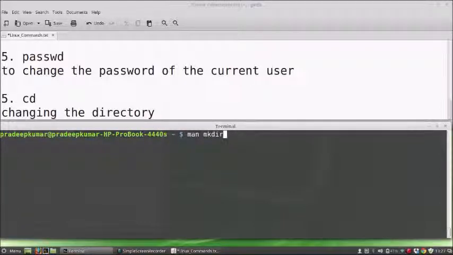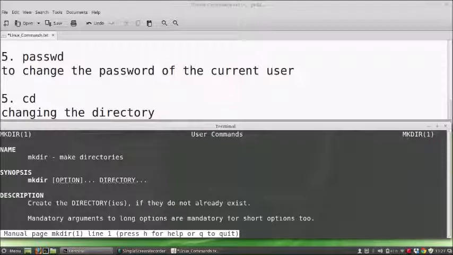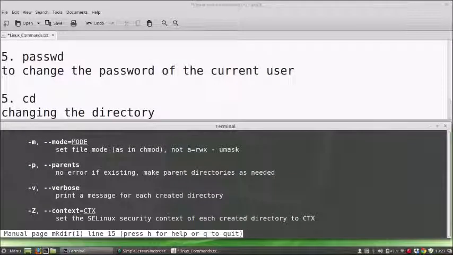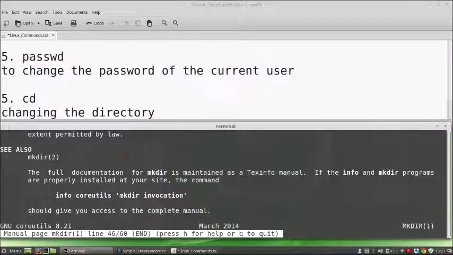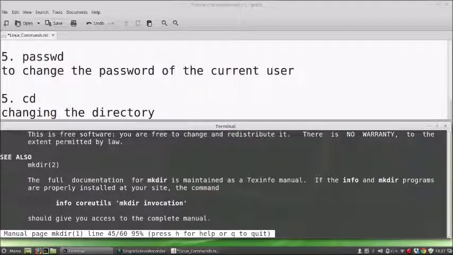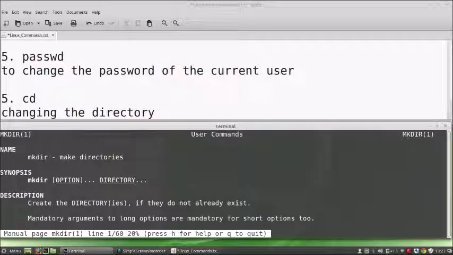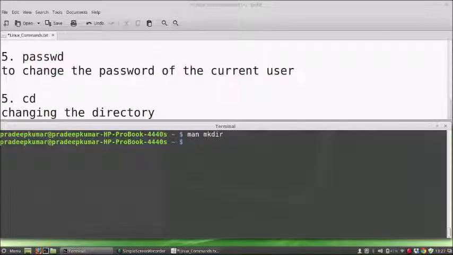When I run it, it will tell you how to use this command: the name of the command, the different options for the command, who has written it, and everything is shown in the manual. By default, every Linux operating system comes with a manual. If you want to quit this, press Q, that's it.